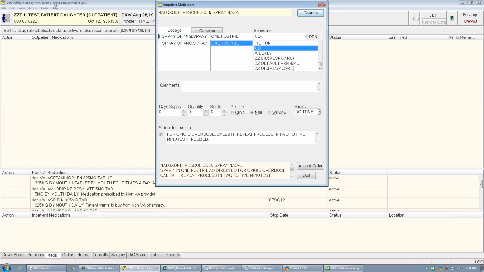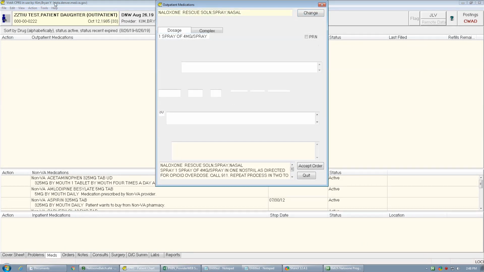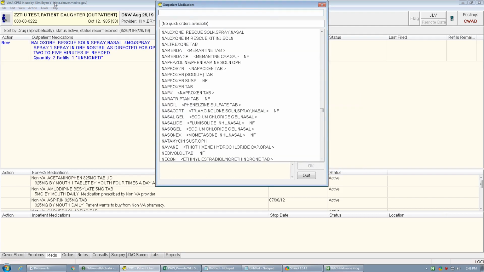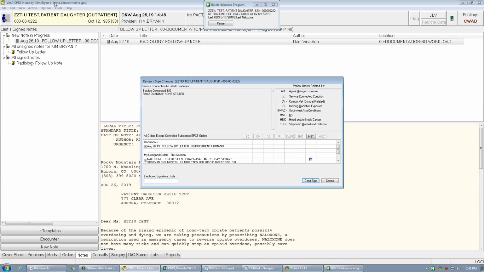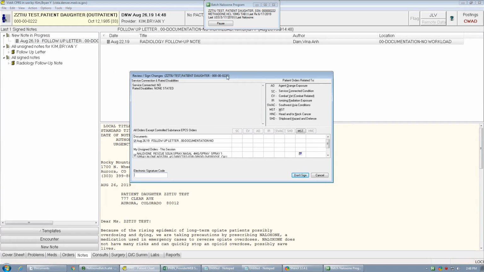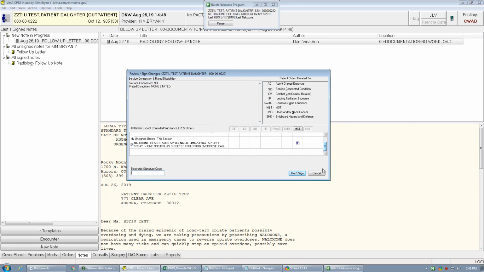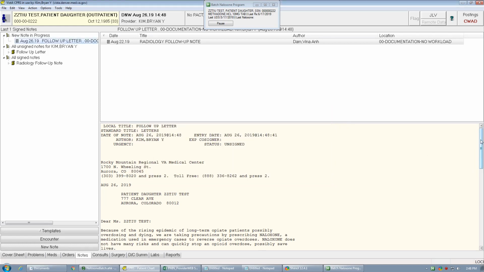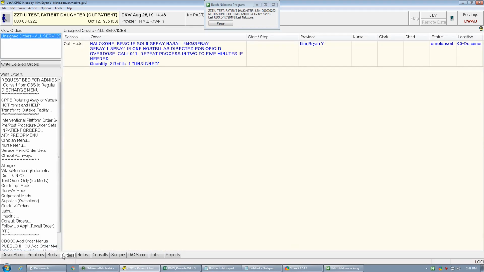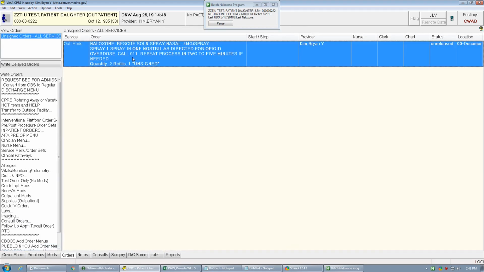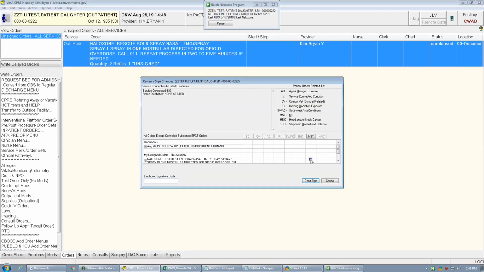And then, by the way, I am not clicking or pressing on anything now. And this automatically goes through all of the motions of clicking and entering all the information that we just did right now. So once it finishes, it pauses on this screen right here to allow the user to review what's been done so far. So we see the exact same note, we see the follow-up note, we also see the naloxone order here ready to go. So once we go ahead and sign off on this, I'll put no here,